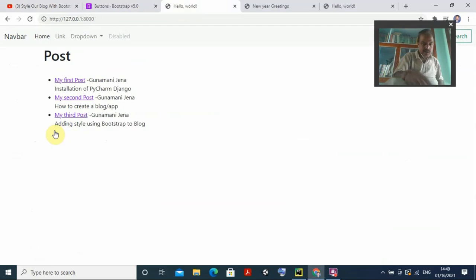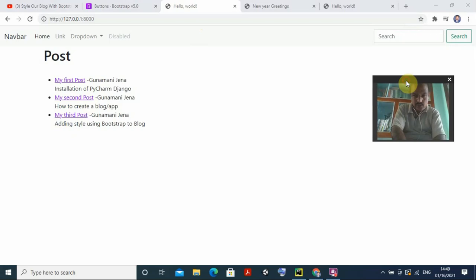Now what we need to do, if you see this one, this is coming as something which I don't like. I want to modify all the things, because of this color. Now you can see the navbar, home, link, dropdown, all the things have already come here. If you see this line, previously it was not there, and it has appeared here. Now I need to modify the colors and all things.